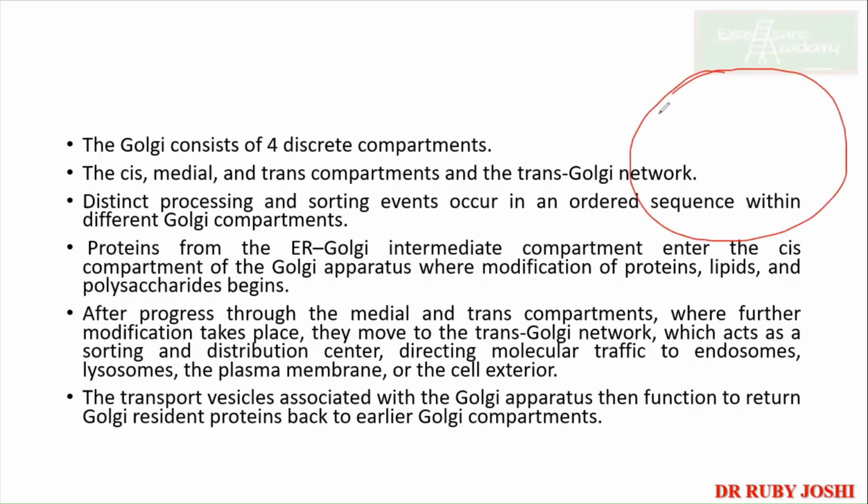See, in the cell, you have the nucleus here. Here ER is there, let's say. Then this is the cis, medial region, then the trans region, okay? What I'm saying is that from ER to the cis region, the vesicles are coming and going. Now from the trans, the vesicles go, let's say resulting in the secretion of some protein. After some time, the empty vesicles which form like this go and join the trans-Golgi. So why are the empty vesicles formed and why do they combine with the trans-Golgi area?